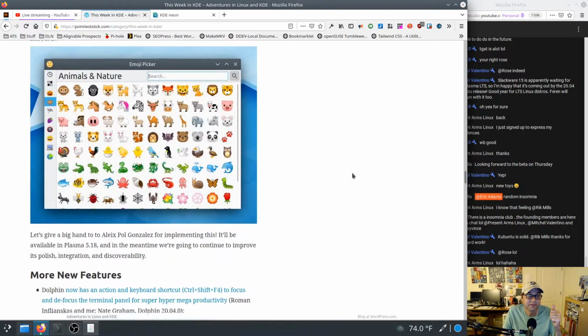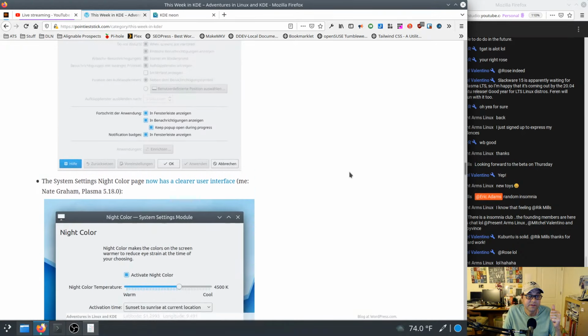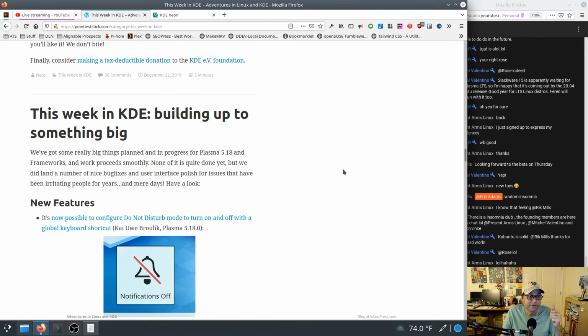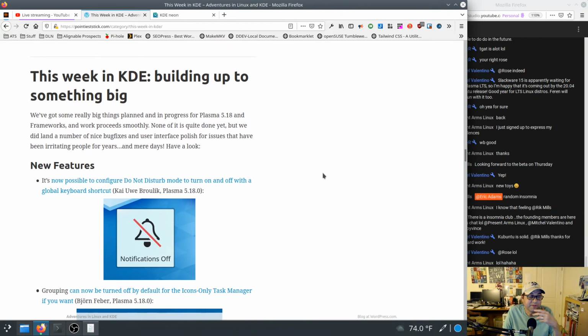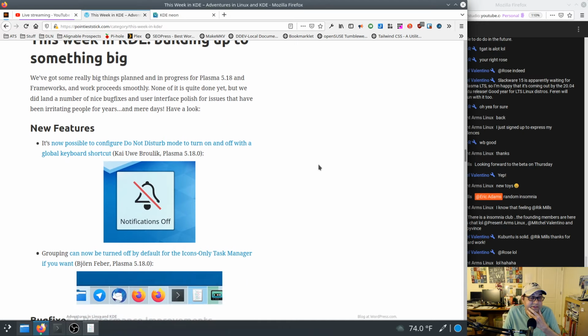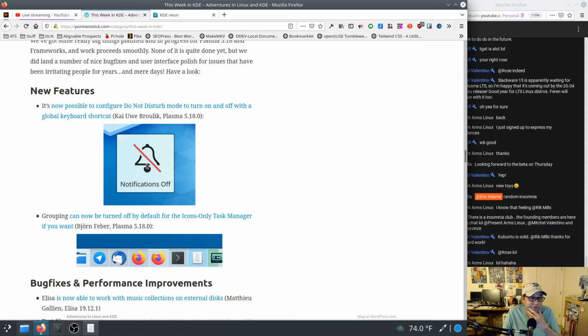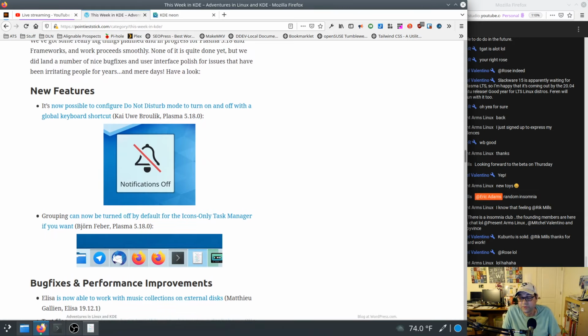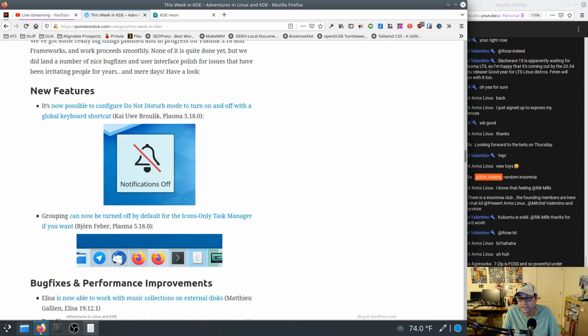All right. Oh boy, it's a long one. All right, building up to something big. Okay. Now there's a keyboard shortcut for do not disturb mode. I really like do not disturb mode. It is very handy, and